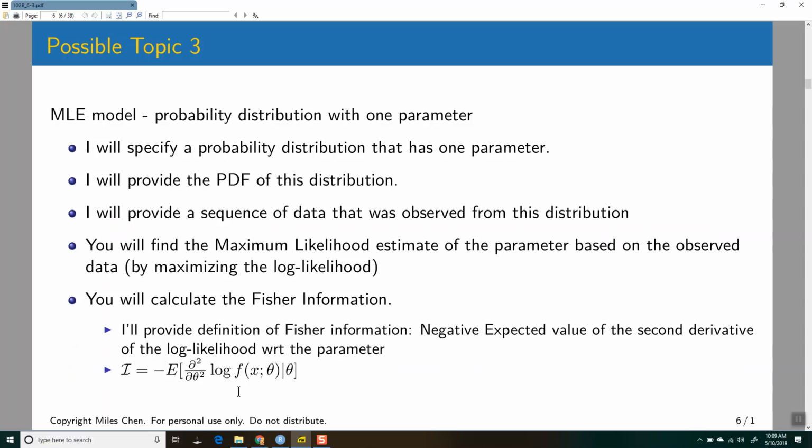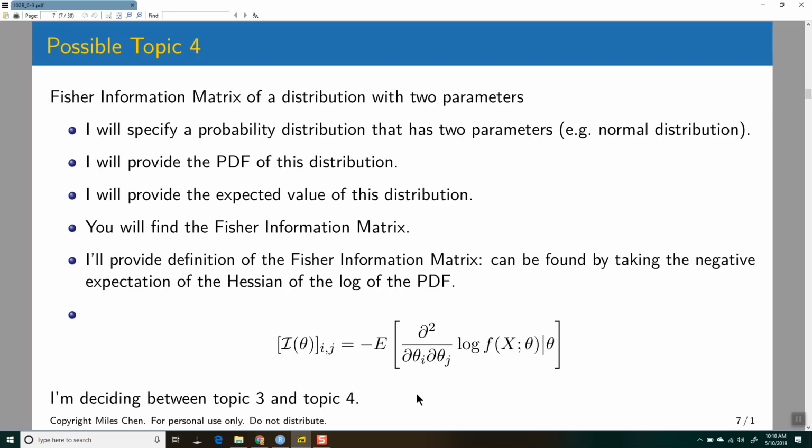But we had a discussion, or at least in one of the lectures, that the second derivative measures curvature, how quickly the slope is changing, so the curvature, and if we take the expected value of that, it gives us a sense of how much information we have about our parameter. So that's one possibility. And then the other thing that I'm considering, regarding this MLE/Fisher information topic,